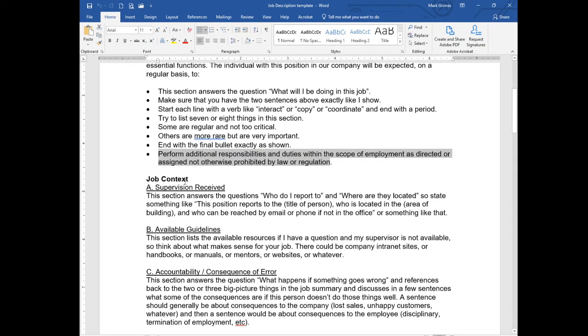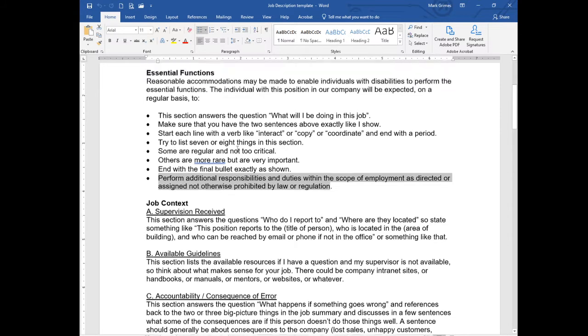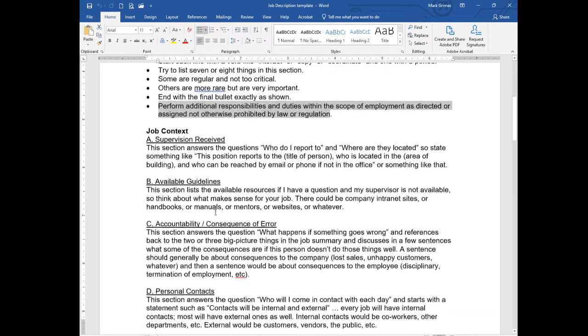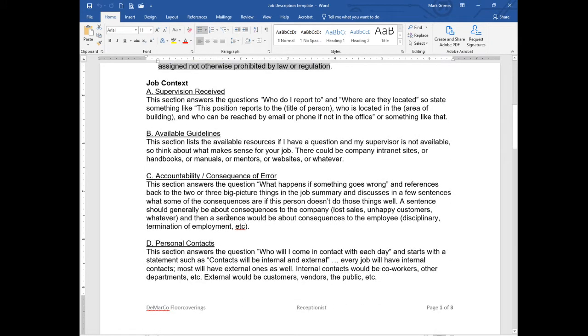You will be expected to perform additional responsibilities and duties within the scope of employment as directed or assigned, not otherwise prohibited by law or regulation. I want that word for word. Then that's the job content section. Then we move into something that is not usually on job descriptions, but I like it, again, because